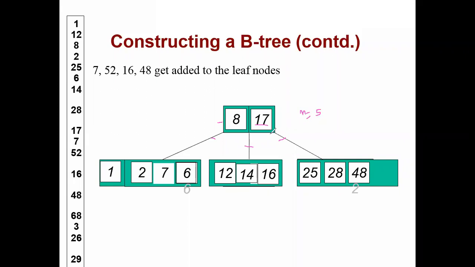And the element greater than 17 goes where? On its right side. So I hope everyone is clear how to create the B tree here. Fine to all. So the next element we are going to add here is 48. We have added 16. So 48 is added. Yes, 48 is again greater than 17, so again it is on the right side of that 17. Okay, so everyone should understand this point. Clear to all, everyone?